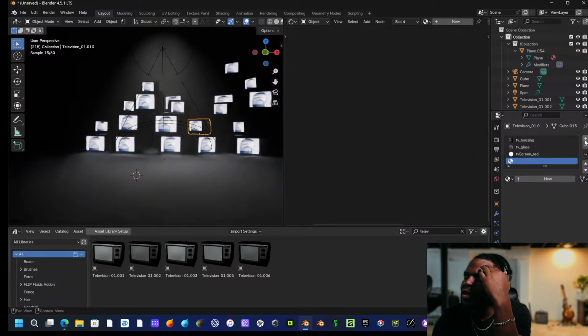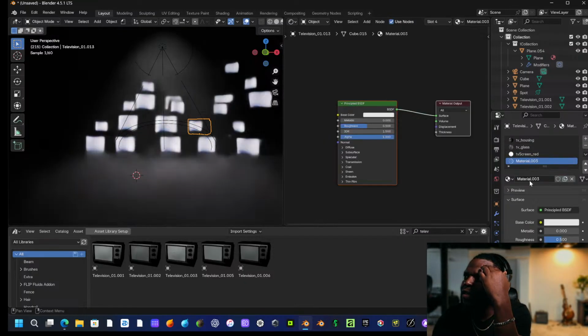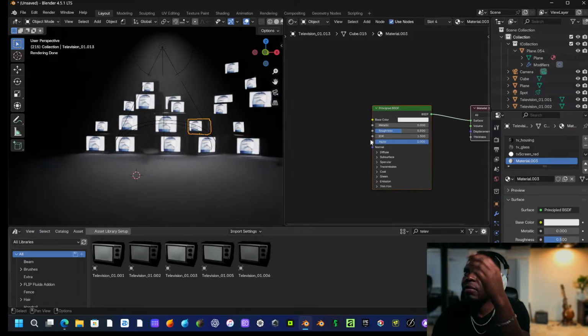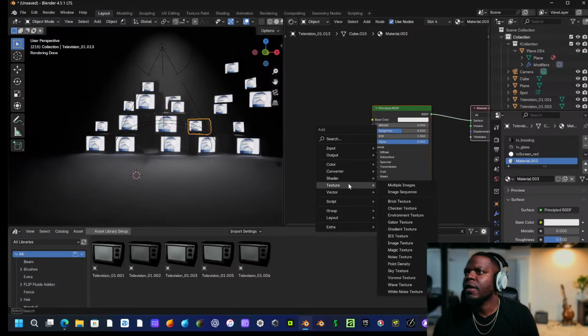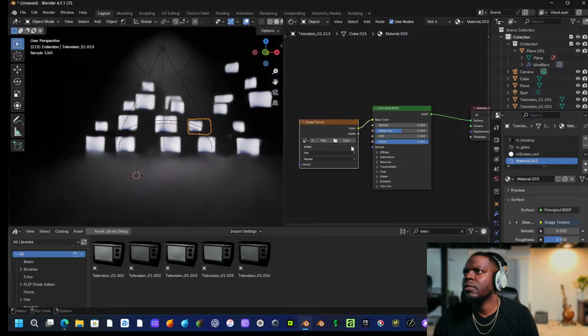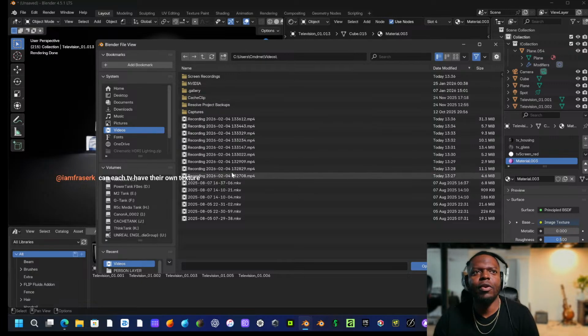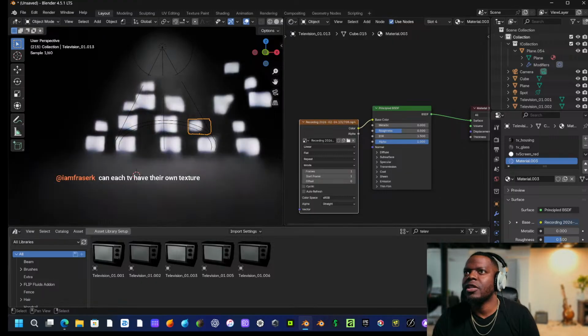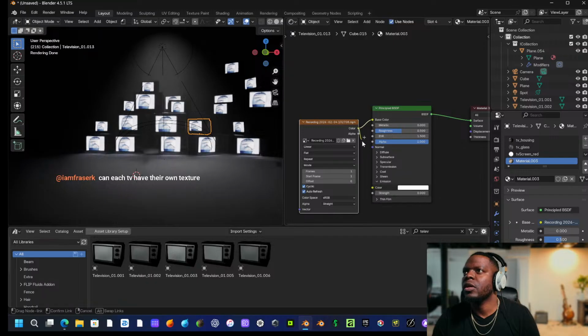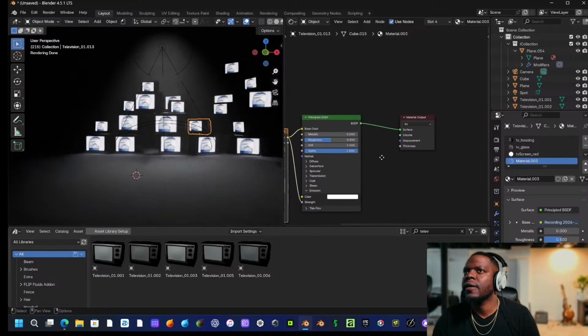Give it another texture. This texture is one that, if I add an image texture, boom, open, videos. Can each TV have their own? That's what I'm working on right now. Each TV having its own texture. And if we go to emission and we put that texture,